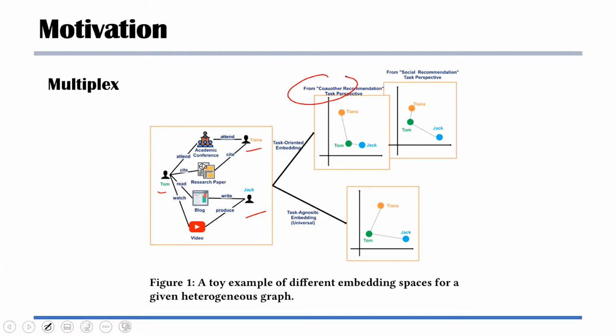But for social recommendation, because of their relation difference, given the very different task, the embedding result should be task driven, and will tell not just the topology information but also the task information. So here you will find that the general solution may not be very ideal to address this